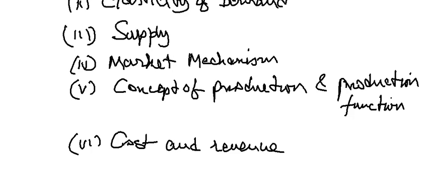Here you have to know the basic concepts of cost, that is what is a fixed cost, what is a variable cost, what is total cost, what is marginal cost, and what is average cost. So these are different concepts of cost. I repeat, you have to know fixed cost, variable cost, total cost, marginal cost, and average cost, and their relationships.